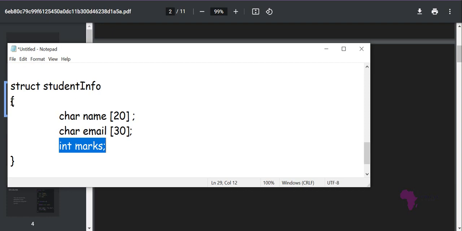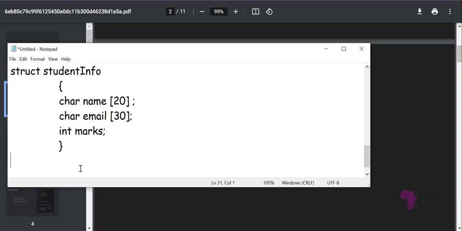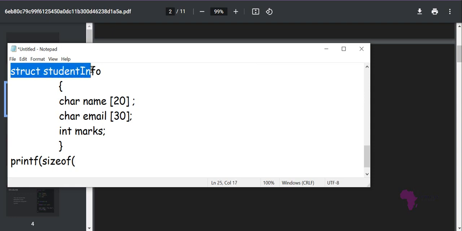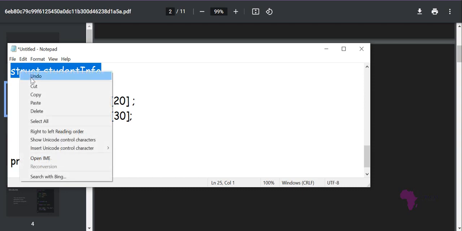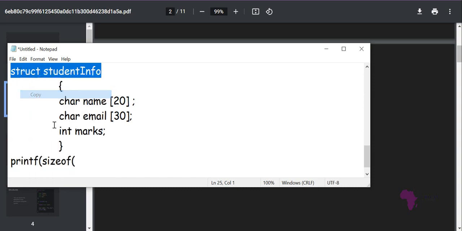It's like a template that tells the compiler how this will look. So let me show you something else. If I want to know the size, if I run a printf like this and use sizeof on this particular struct, giving the name of this struct,